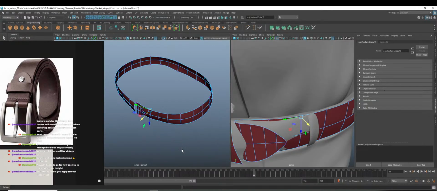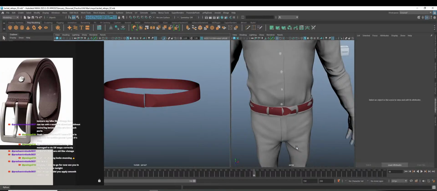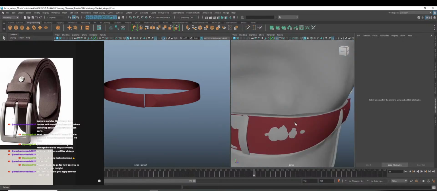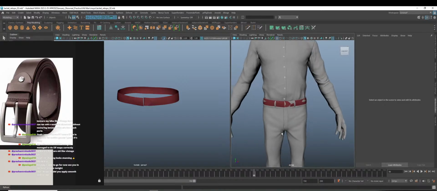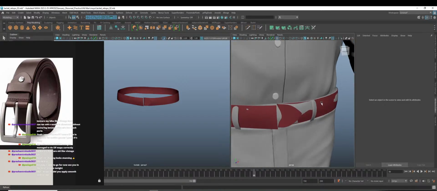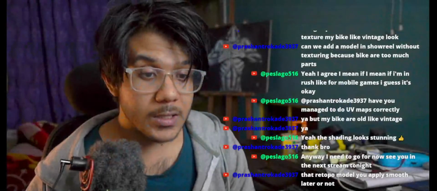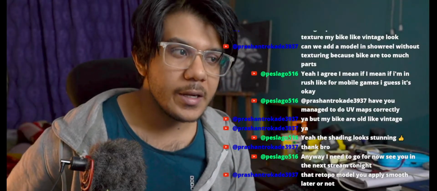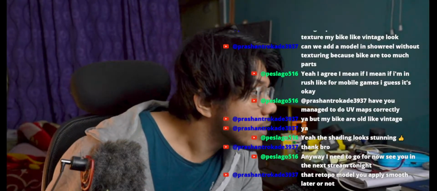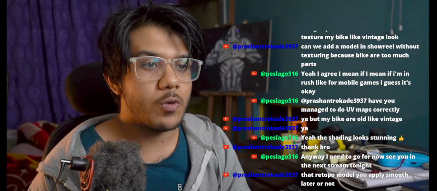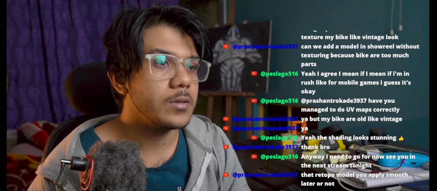Okay, so we are done for today. We have blocked out the entire shape, but right now what we have to do is the retopology for the pant, and only after that can we proceed with the retopology or the modeling of the entire belt, or we can add thickness for the belt. So that is it for today, and yes, let me save the file. It's already almost 1 a.m. in the morning,